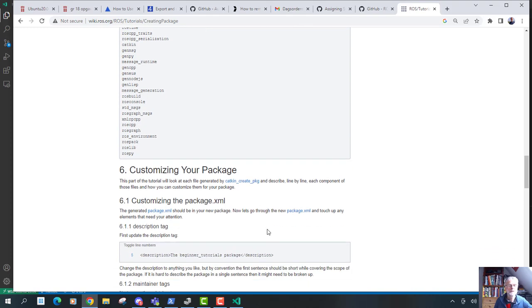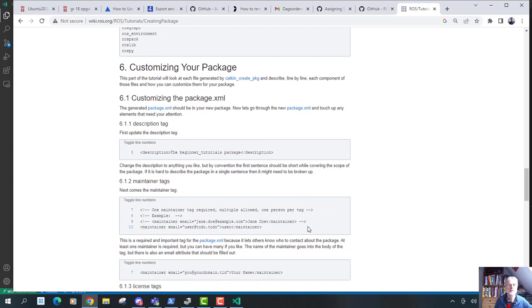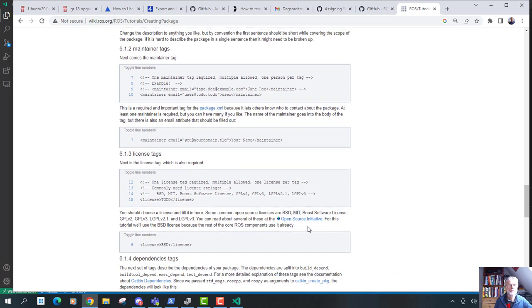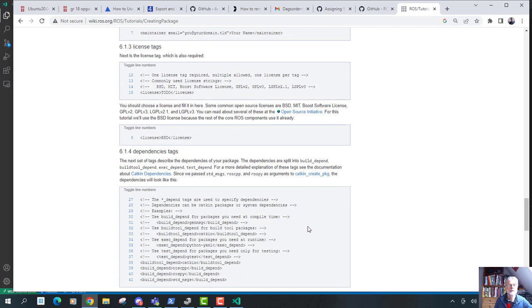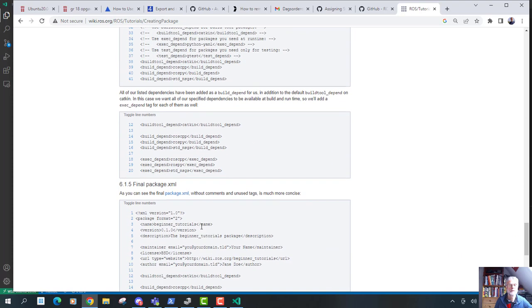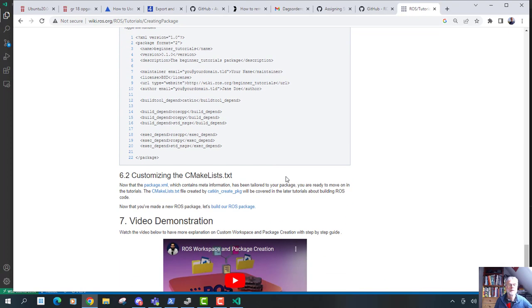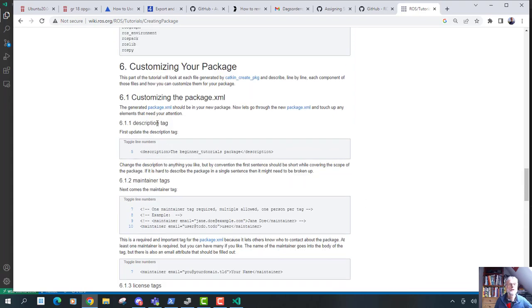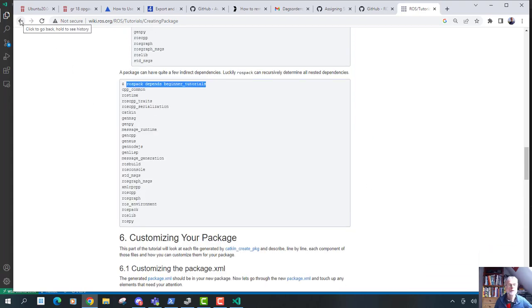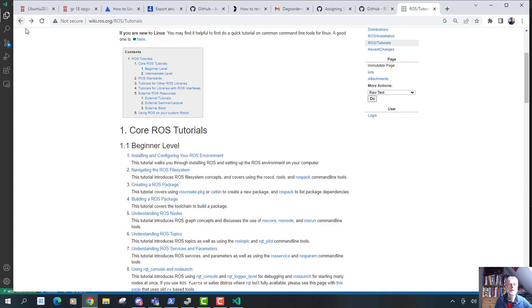Then we can customize packages. I will jump over that. License, blah blah blah. And then it is here describing more deeply about that, and the final XML file we saw here customized. And it can also be necessary to customize our CMakeLists file. So that was that, and if we then jump one step up here, let's see if we can